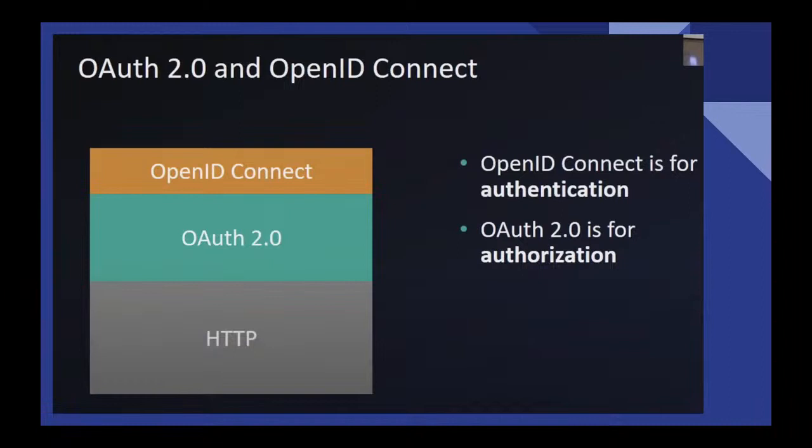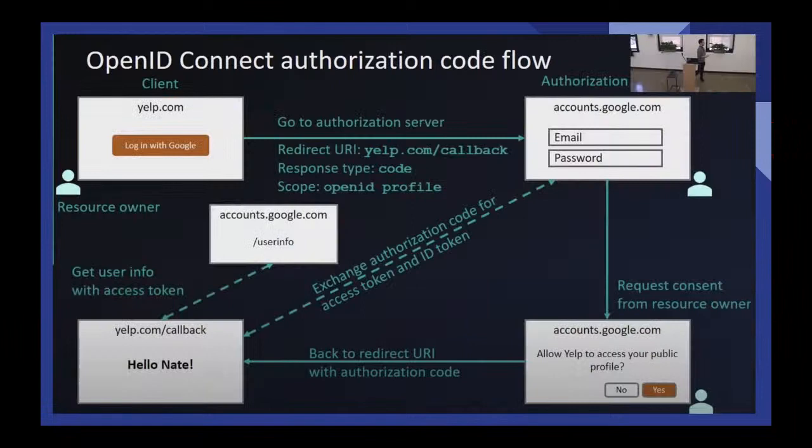Now they introduced a new one, OpenID Connect. That is just one slight layer they added on top of this OAuth 2.0. So there's not much difference between these two, but it's more convenient. I will explain how OpenID works. Again, the same thing. I have to go through the same process: login with email and password, and then allow Yelp to access your public profile. Then if I say yes, they will take me to